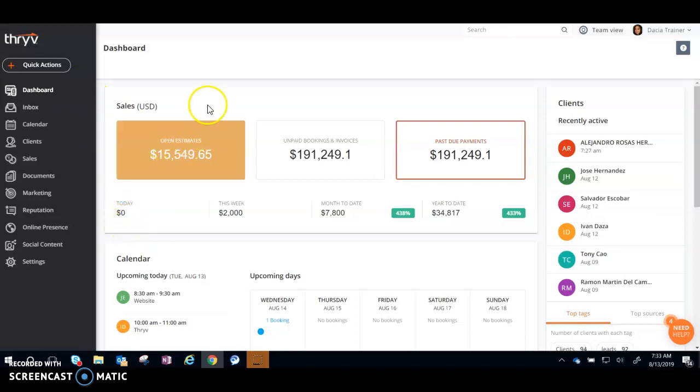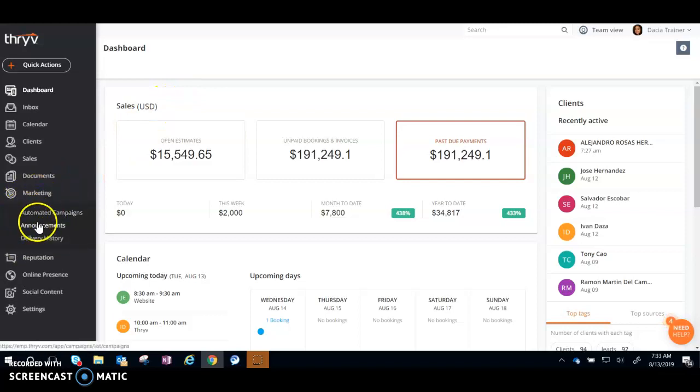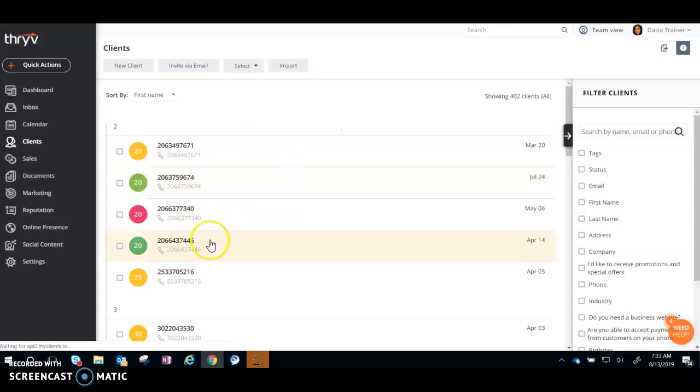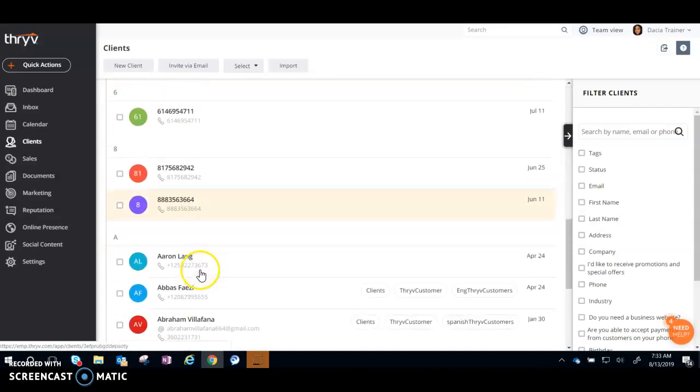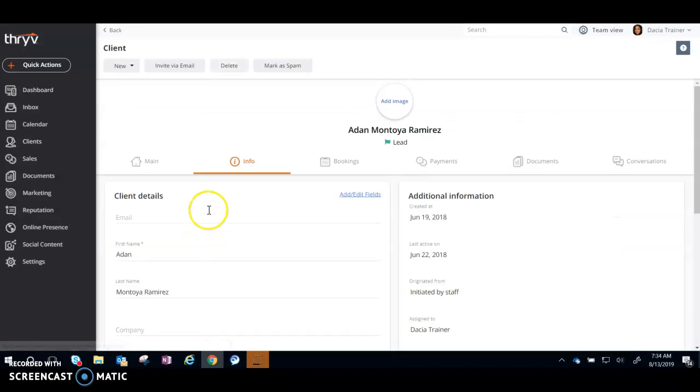Okay, so I'll show you how you want to make sure that all your contacts have a little checkbox checked in order for all your marketing messages, whether it be automated campaigns or announcements, to be sent out. So when you go to your client list, and if there's any new clients added, or as you're adding new clients, this is mine for example, you just want to make sure to go into all your clients and make